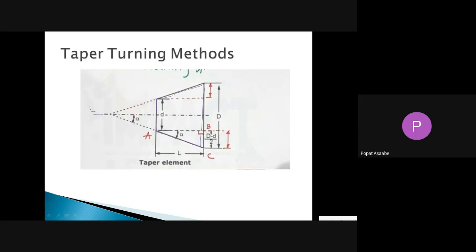Okay, जेवढा काय आपल्याला with the help of this formula we will get the taper angle. ही जी काय अँगल आपल्याला मिळणार आहे, अँगलची जी काय व्हॅल्यू मिळणार आहे, तेवढ्या व्हॅल्यूचा आपण कंपाऊंड रेस्ट स्विंग करणार आहोत, and then we can carry out the taper turning. Now our first step is how to calculate that taper angle. Okay, now see, first we have to try to understand this figure, which parameters they have given. They have given capital D, small d, and the length also.